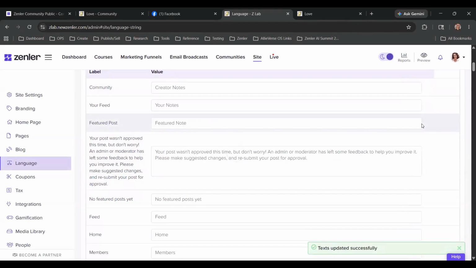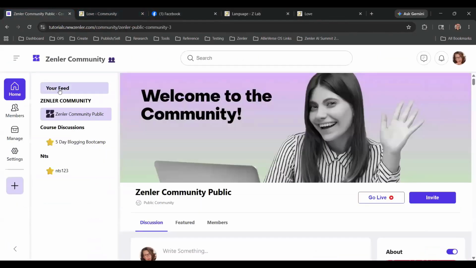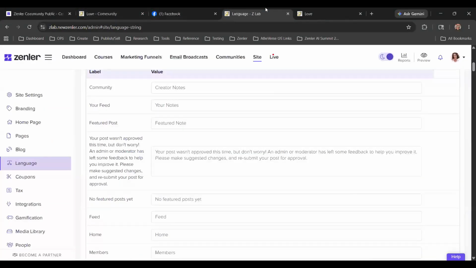so that the user's experience, right, when they come in and they say community and they say other community, like when we come here, your feed, Zenler community, redundancies, anything like that, any opportunity I have to offer some sort of clarity or guidance to the user that's experiencing it, I'm going to take that, right?